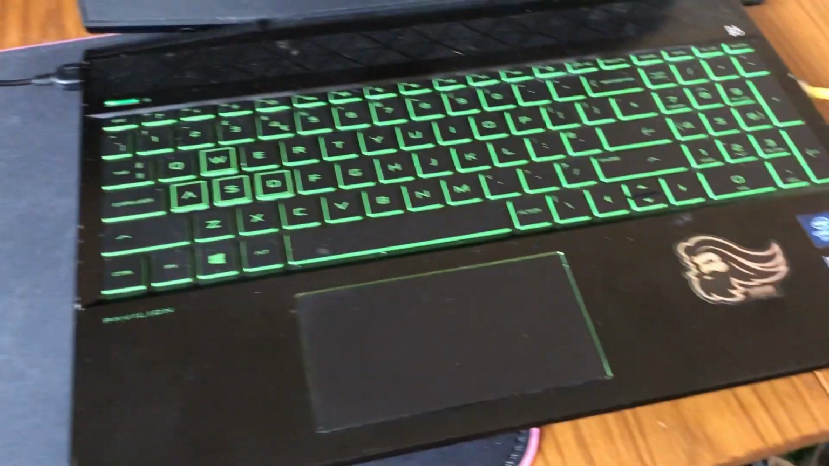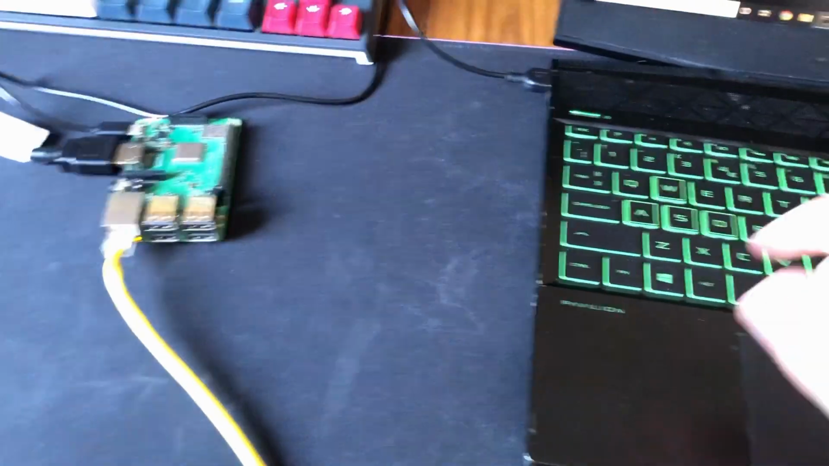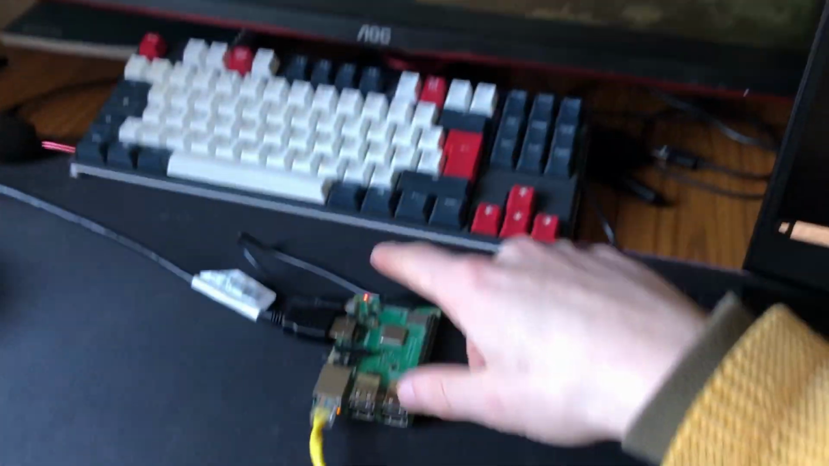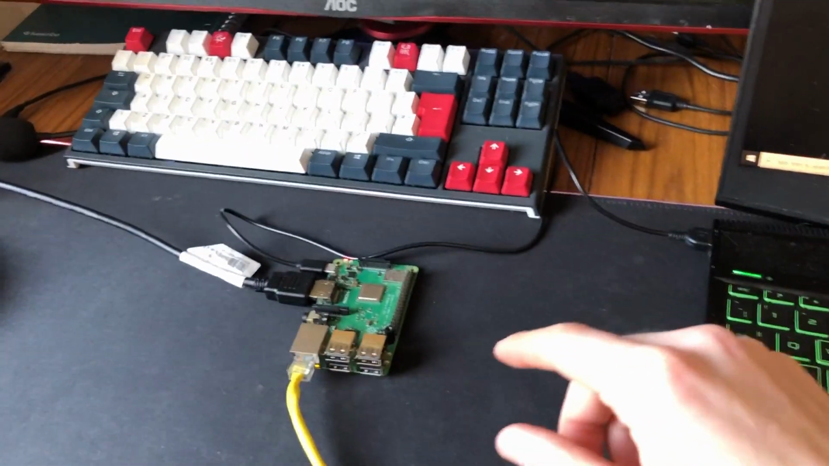So now that the SSH service is running, we can use the software PuTTY on the laptop. So all I've done is I've connected an Ethernet cable from the laptop into the Raspberry Pi and taken out the peripherals from the Raspberry Pi. So it's still displaying what the Raspberry Pi is doing, which will be a good demonstration in a brief moment. Now we use PuTTY,